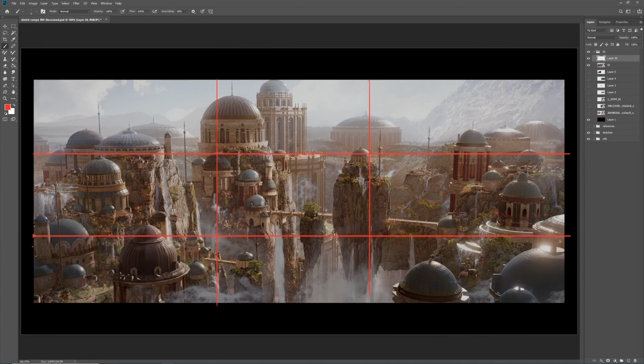So as I said, we have our main building that is exactly in the middle of our screen, in the center of our screen, and in these crossing lines here, where all the lines are creating these points, we should place some important things in our composition. So here in this column we have this mountain,